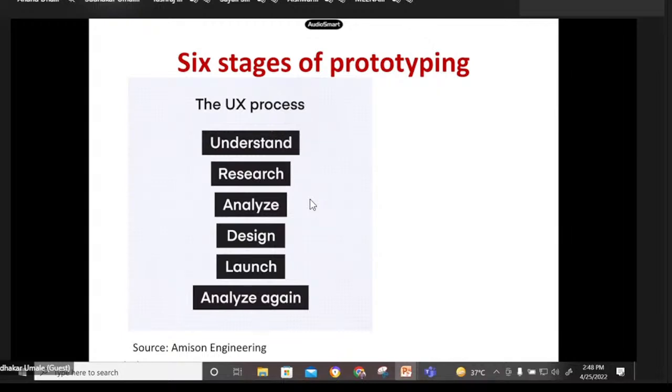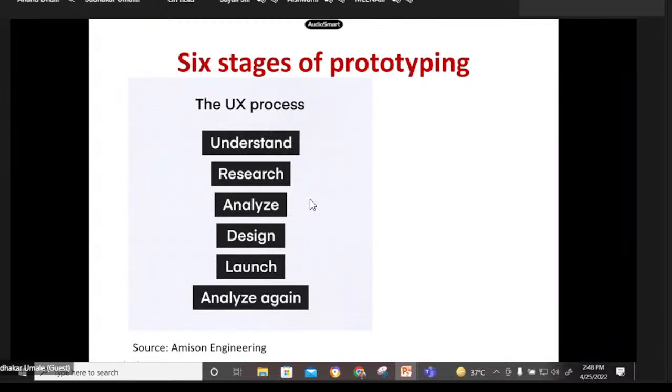What is analysis? Analysis is very simple, as you are doing in your labs. In this stage, the designer will be using all of the information he gathered in the previous two stages to analyze. As it is very lengthy, I will not explain it in detail. What is the conclusion? So you are doing the analysis of good things and bad things. Then when you analyze good things and bad things, we go to the design concept, that is the fourth stage